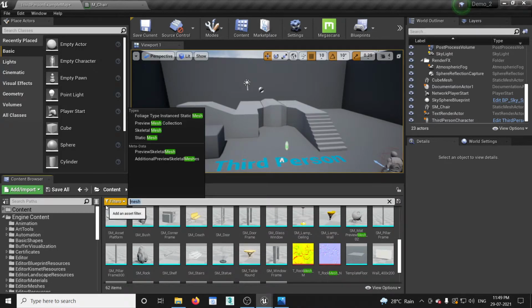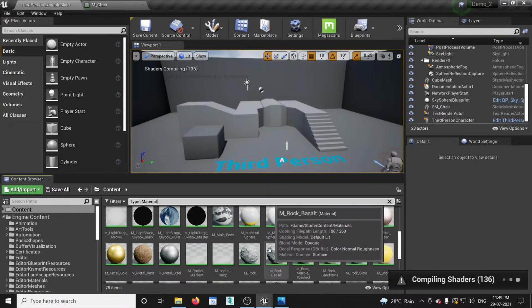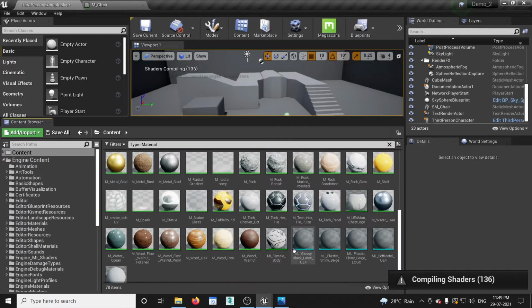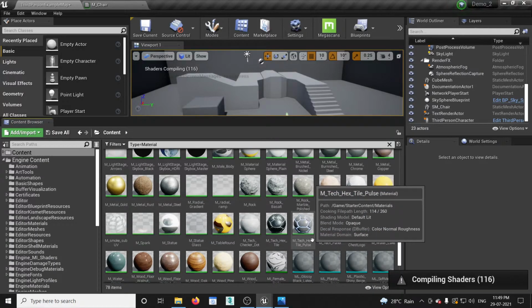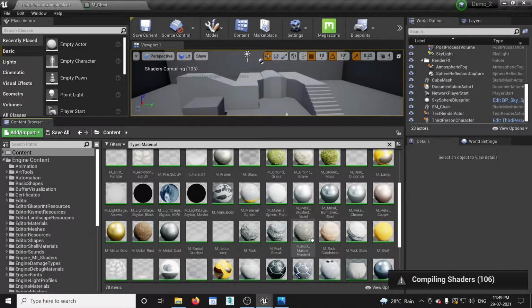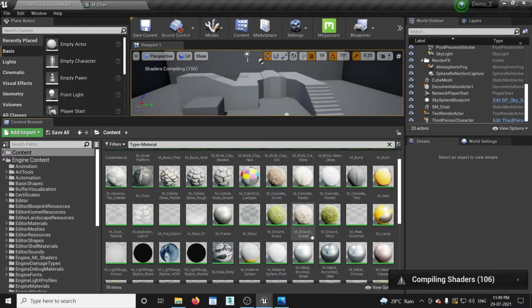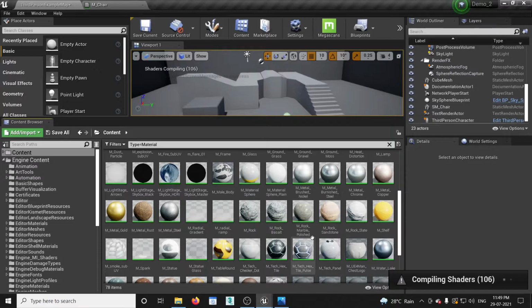If I say material, here we can see, let me just maximize my view. So these are all already imported in the content browser, right? With the starter content option we turned on during our project setting,